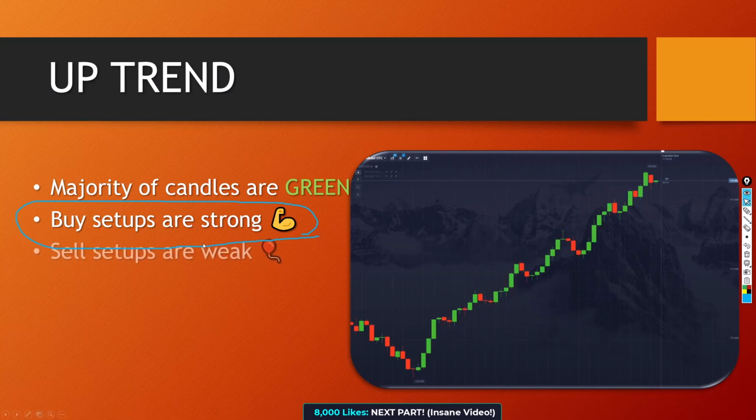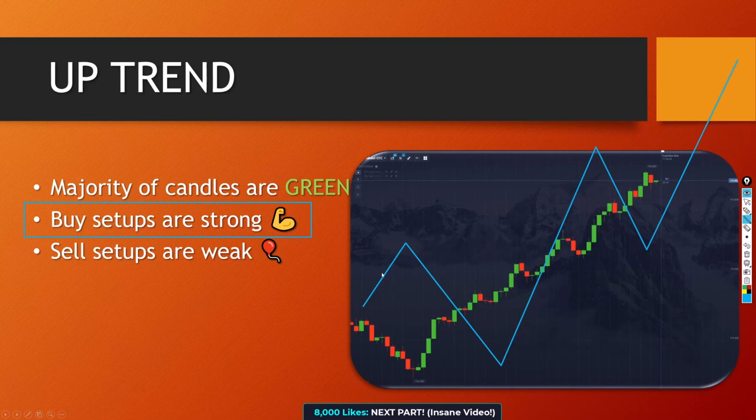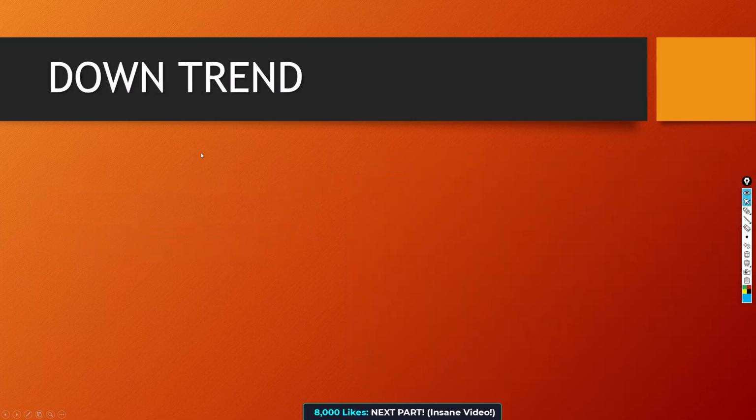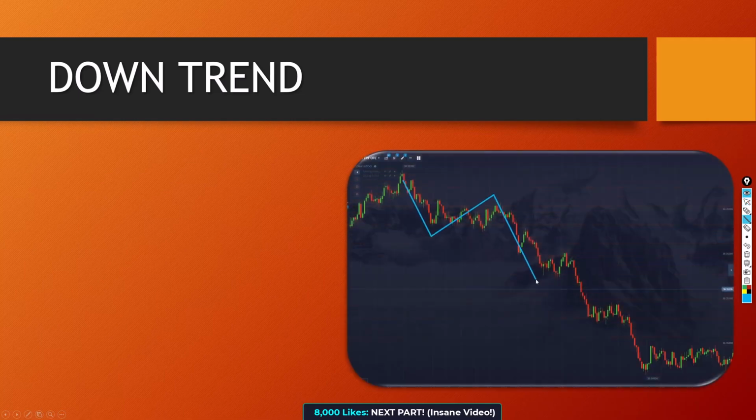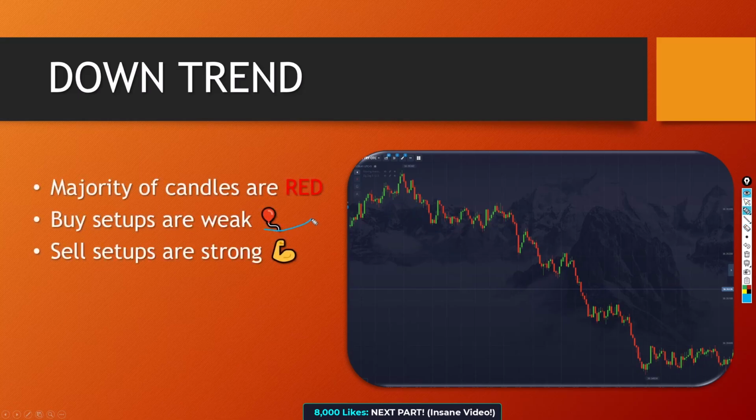Okay, and another characteristic is that the sell setups are weak, right? So the logical thing to do here is always go in the direction of the market, and the direction of the market is basically the market's trend. Okay, direction is a general term. For example, we have this kind of market. The direction is upward, but we might have some downtrends inside of it. Okay, so I will explain everything in this video. And the downtrends are exactly the same. We have red candles more than green candles,